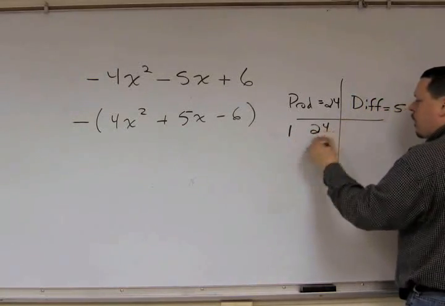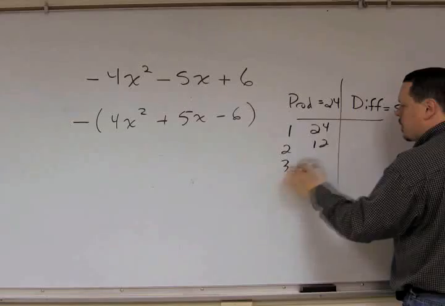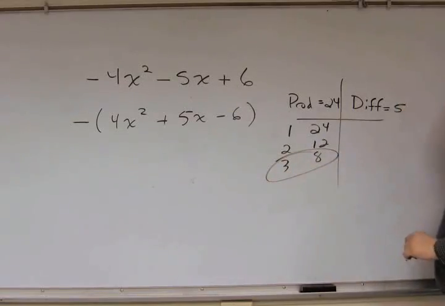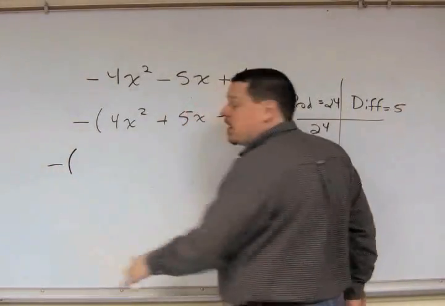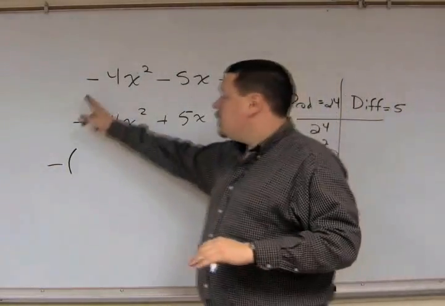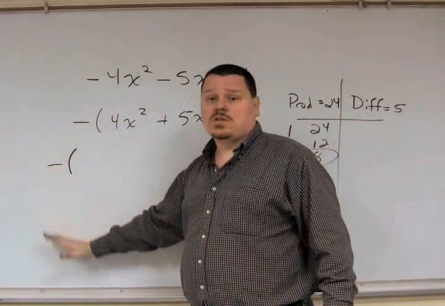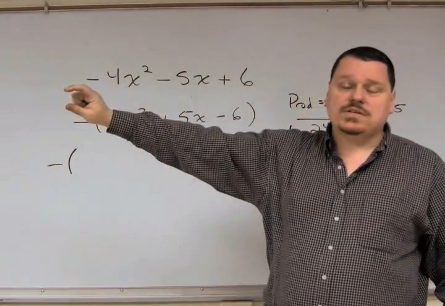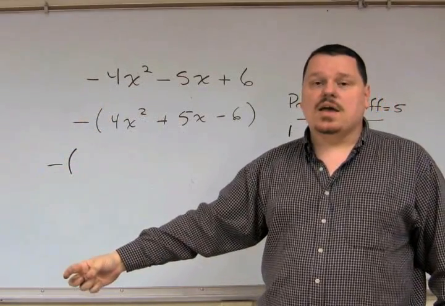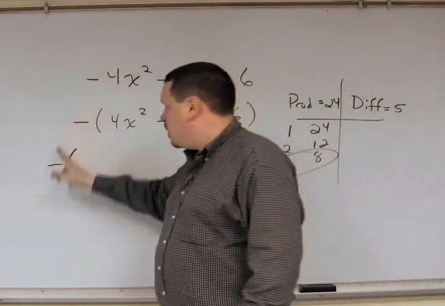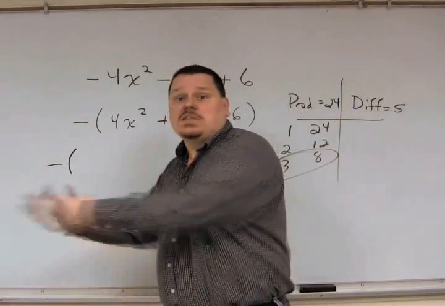There's 1 and 24, 2 and 12, 3 and 8. There we go. So what you're going to do is you're going to carry this negative sign. And this also works for GCFs. If you have a GCF on the outside, it just carries along to the very end. You got it out in the first step. You just carry it along. It does absolutely nothing except annoy you until you get to the very end,